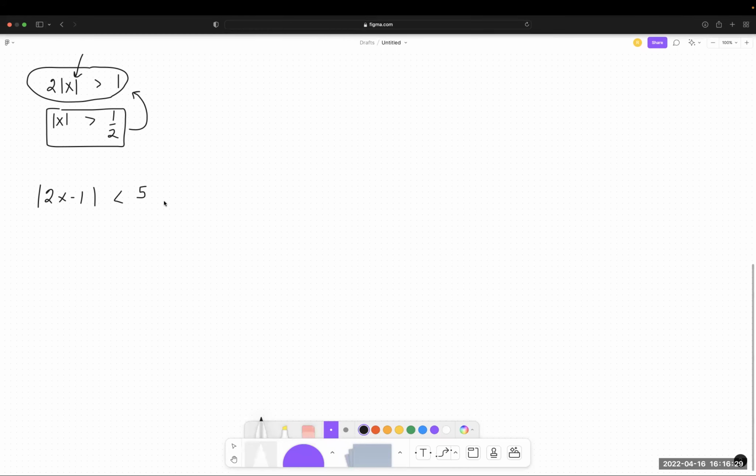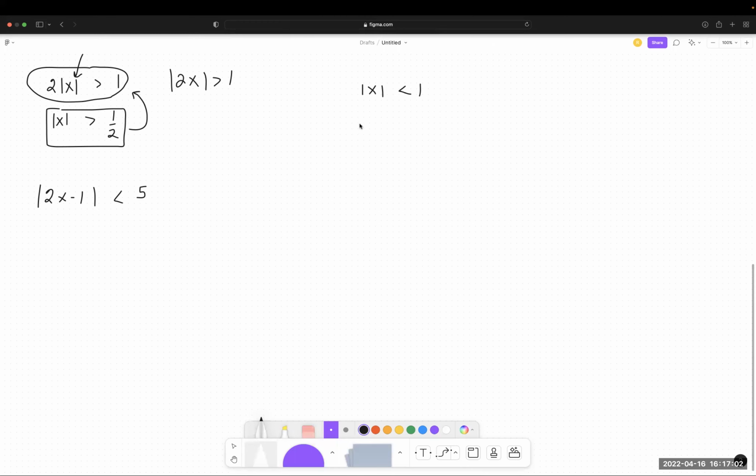Now, it's interesting because a lot of people think, okay, let me start isolating the x. But you can't do that in this case. If this were 2x like this, we can't isolate the x. It's sort of bounded by this absolute value. And so the convention is, and you can take this at face value and research it on your own if you'd like, but the convention is that if you have x, let's say, less than 1,